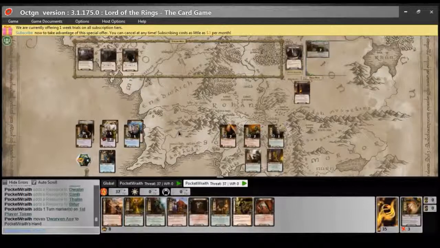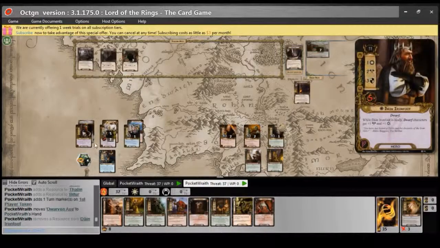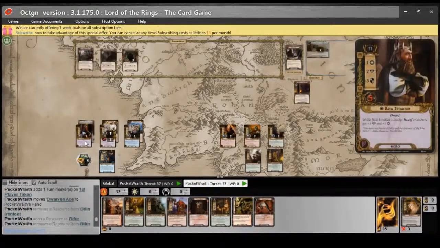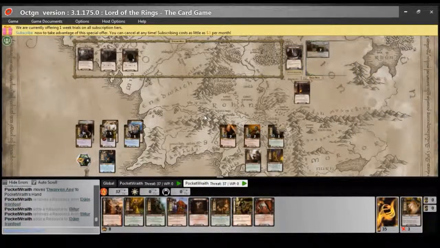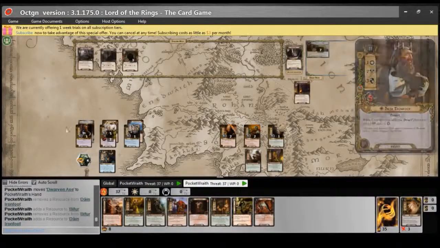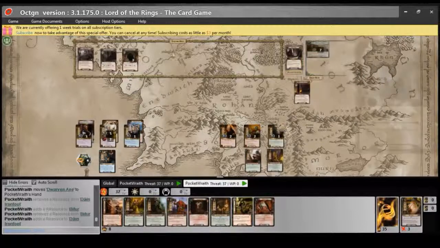Alright, this is looking pretty good. So, well, I'm going to use Biff's ability to give him an extra resource from Dane, I think. Actually, no, let me think about this. There's nothing lore that I can afford that I want. Oh, no, of course I have a Miner of the Iron Hills, so I could have just discarded that Watchful Eyes. I would have taken 1 extra card. But never mind, I didn't think of it. So...